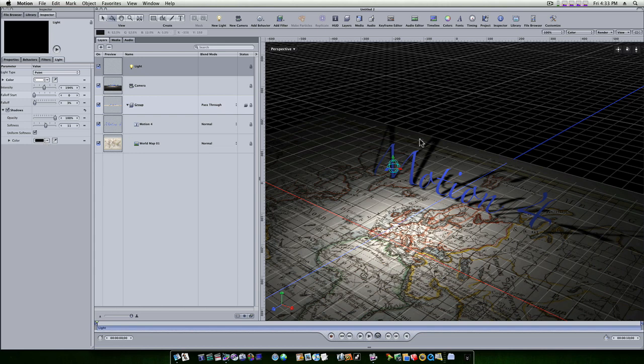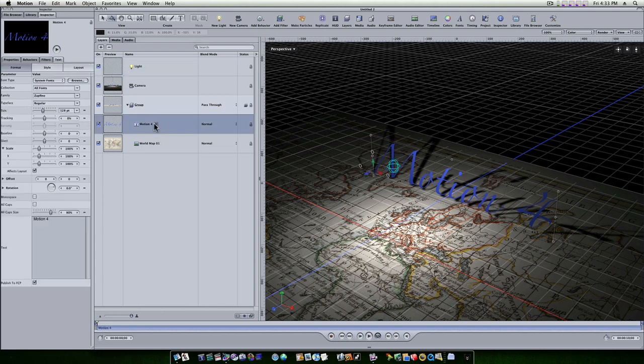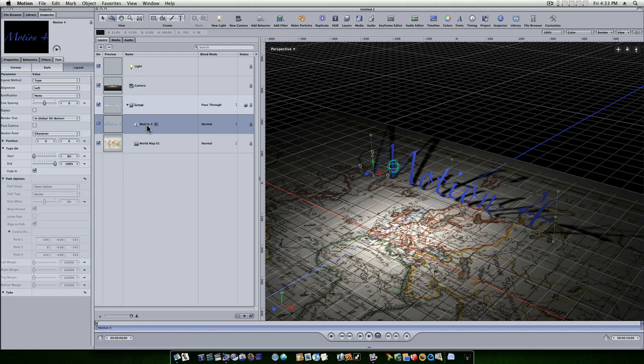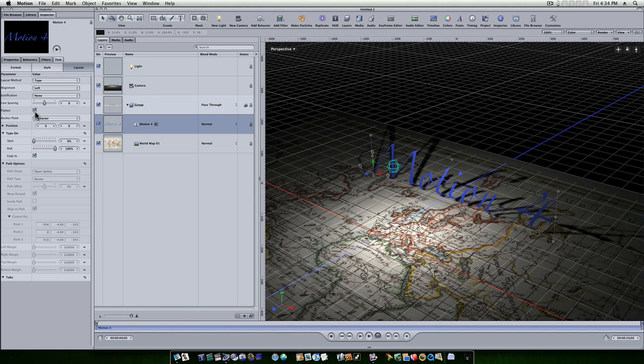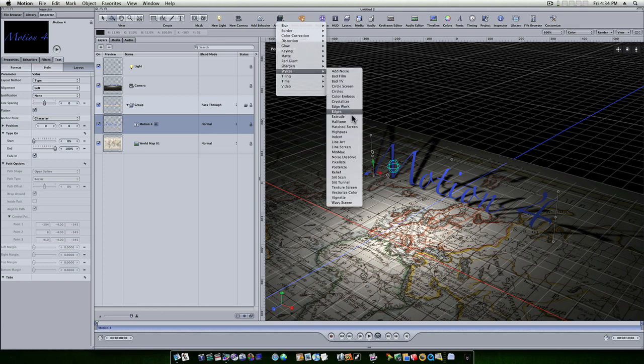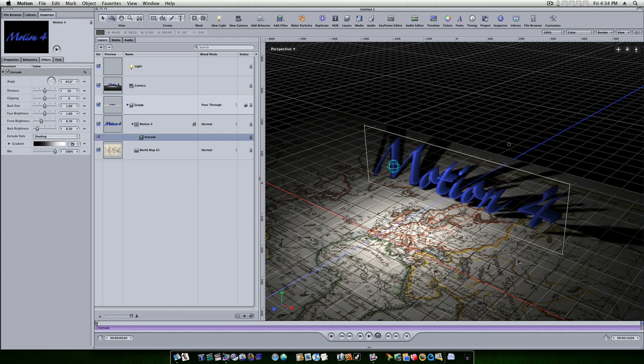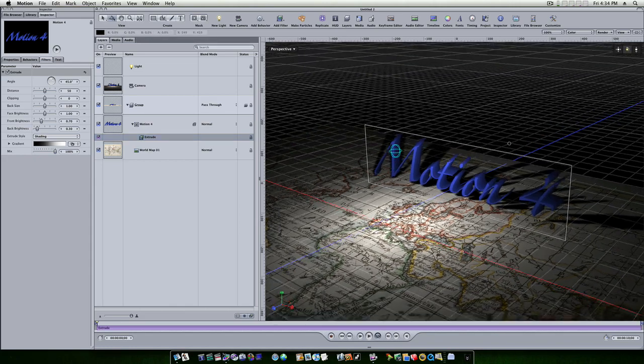Now, sometimes you may find that your text isn't casting a shadow. So what you need to do there is go to your text tab, go to your layout under the text tab after you've selected your text, and select flatten. Okay, this will enable you to cast shadows with your text if you check flatten, if it's not doing it for you. So let's select our text, let's add a filter, let's extrude that text, and there we go. As you can see, now we have us a really nice